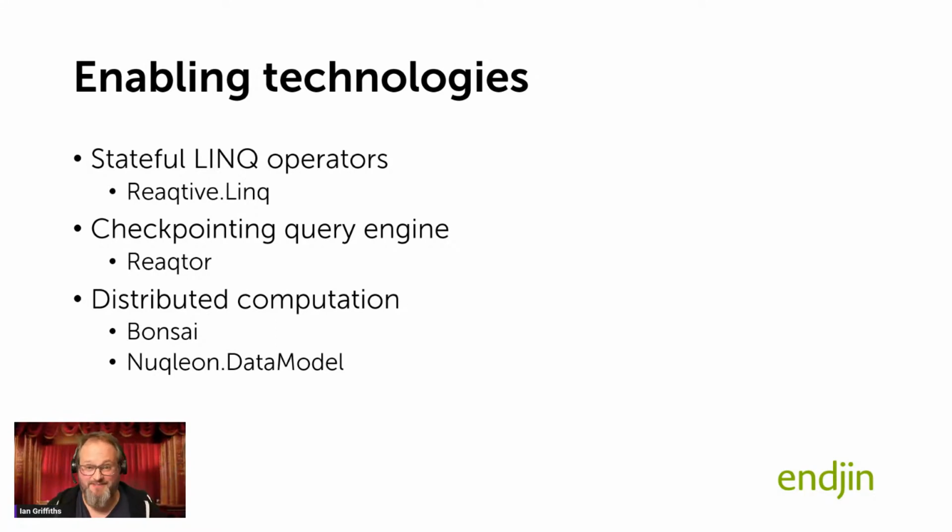And in things like Spark, a solution to this is often, well, you just deploy a jar file that has all of the types you need. That's one way of doing it. You just put the code you want into your query engine. But Reactor is designed not to need that, because Reactor is designed to enable you to do ad hoc querying and to change your mind about what the queries are dynamically.